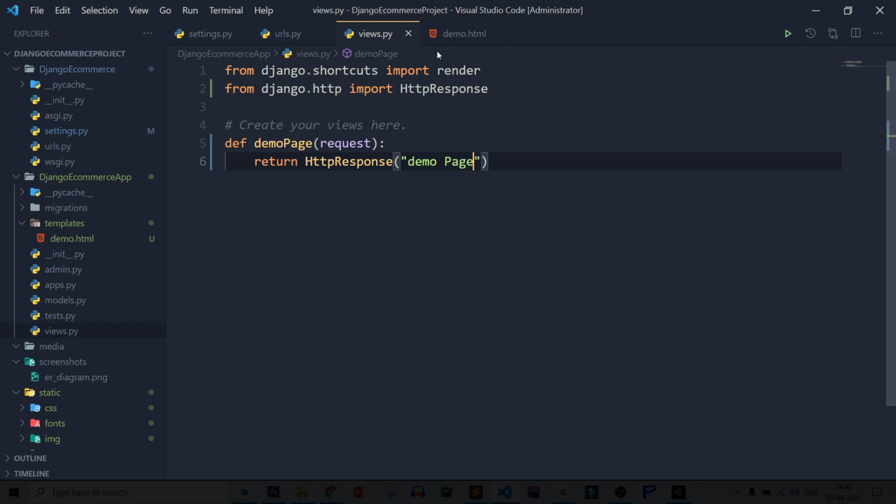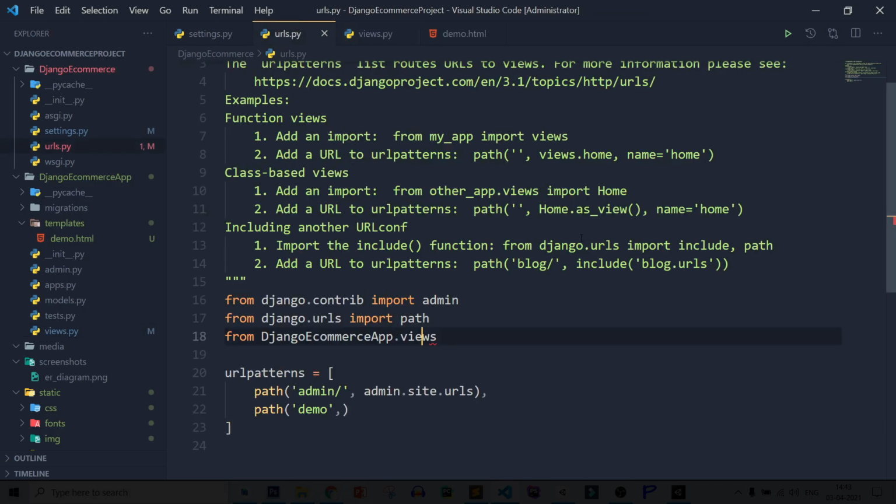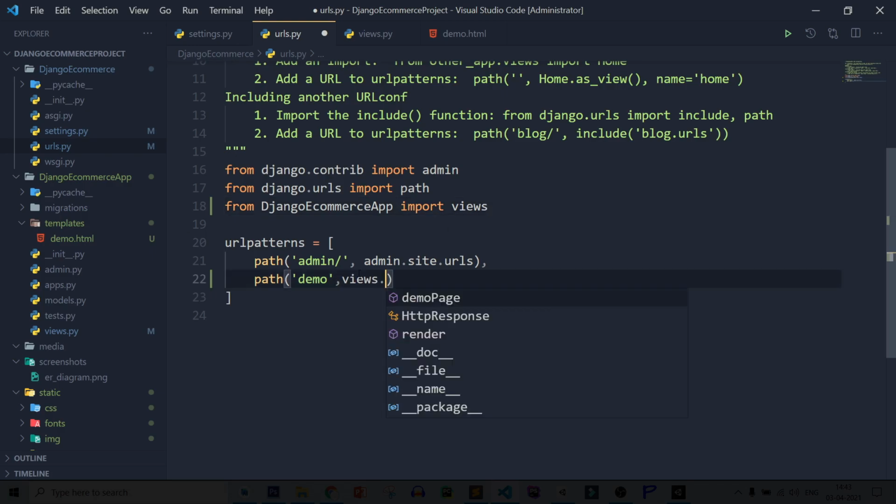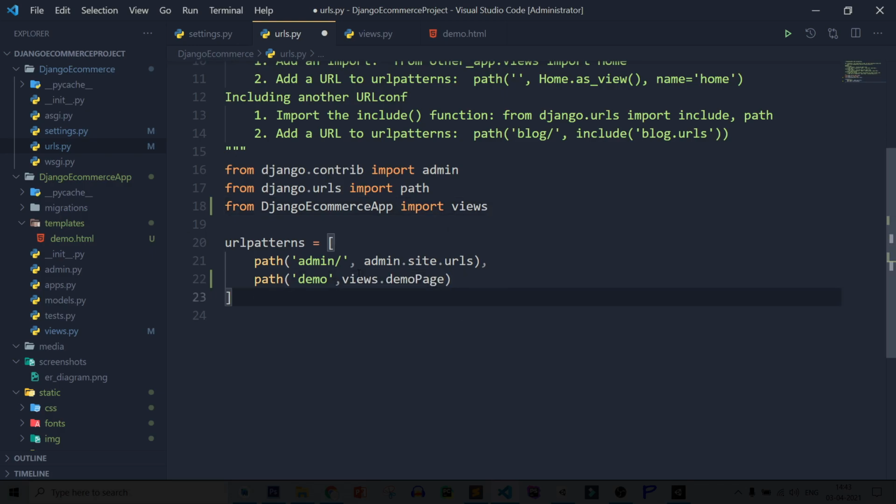So demo page. After that import demo page. So here I need to add demo page, or you can also use this way. So import only views, and here views.demo_page. Save this file and let's check if it's working or not.